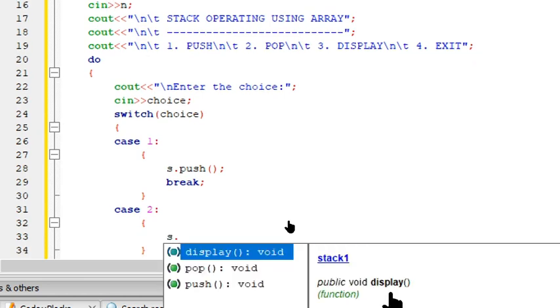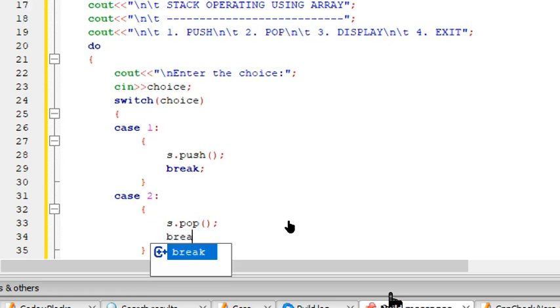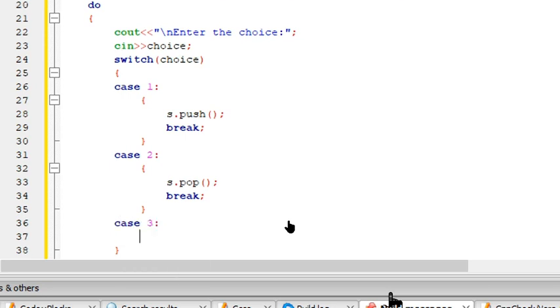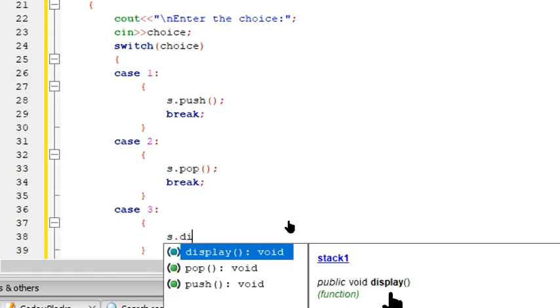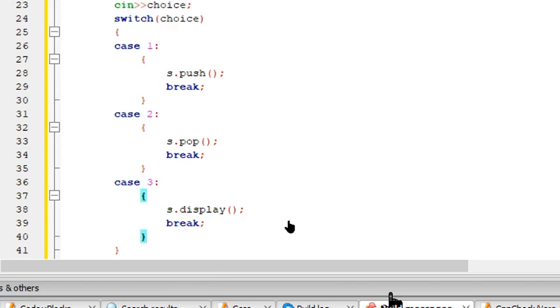Again use the object to call the pop function. Again break this. And the third case is to display. Use s dot display of. Again break this.